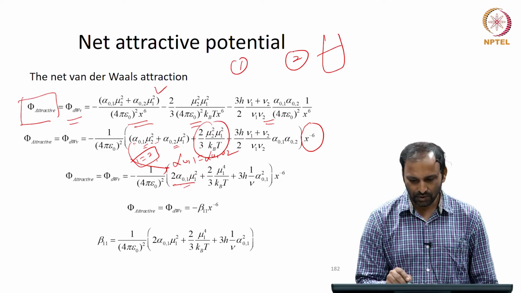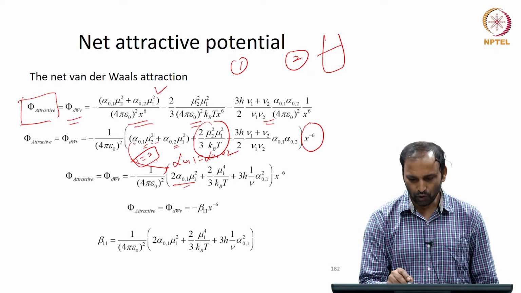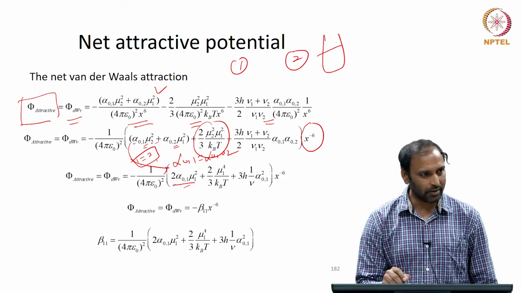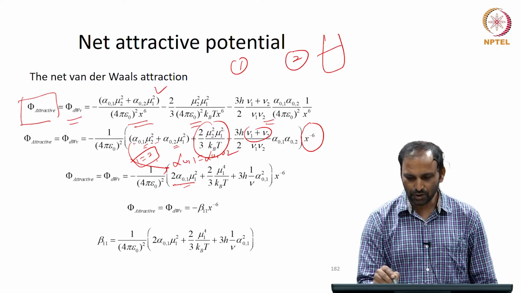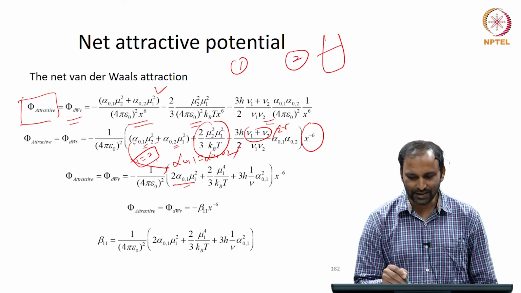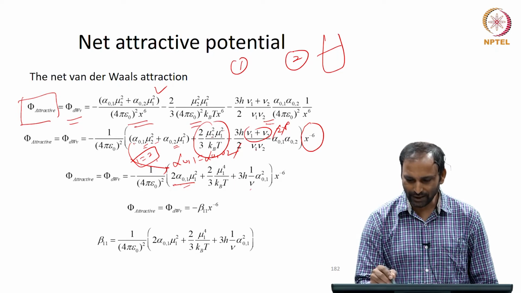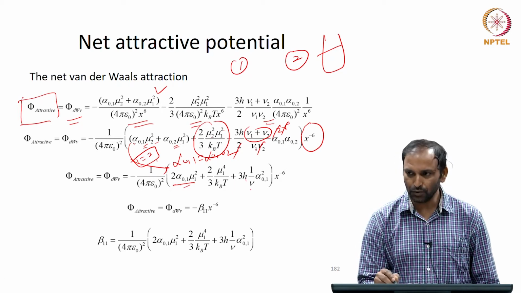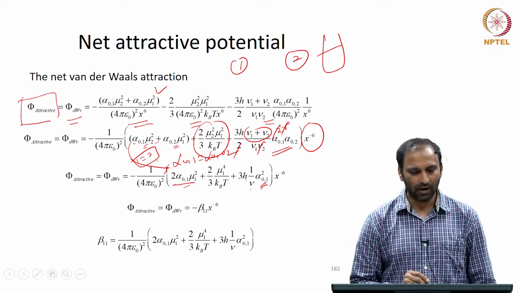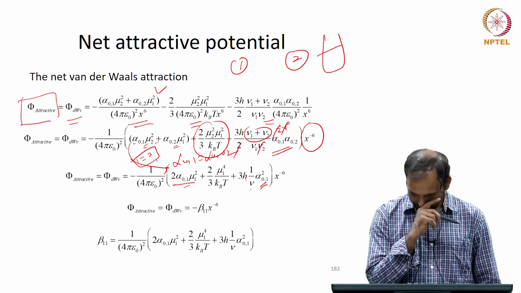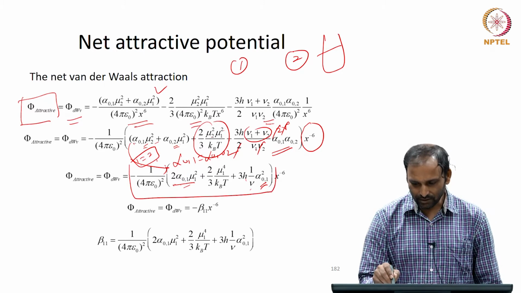Similarly, this term will simplify to 2 by 3 mu 1 power 4, divided by kBT, plus 3 h nu by 2. This becomes 2 nu and 2 gets cancelled, and then I have nu square here, again 1 nu gets cancelled. Therefore, you have 1 over nu and you have alpha 0 1 alpha 0 2 which will be alpha 0 1 square, right. Okay. Now, this prefactor